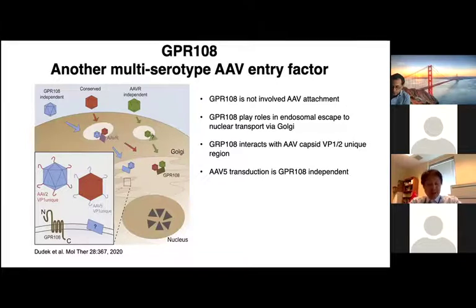And I would like to summarize the two different co-receptors, GPR108 and AAVR. Many AAVs require both GPR108 and AAVR. But as I said, some AAV serotypes do not require AAVR. And interestingly, recently Luc Vandenberghe's group found that AAV5